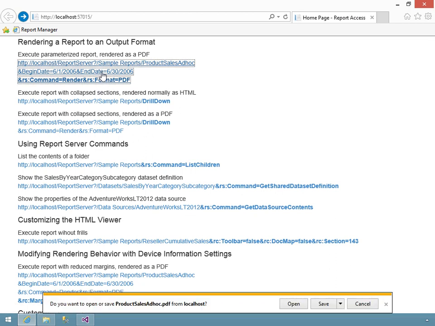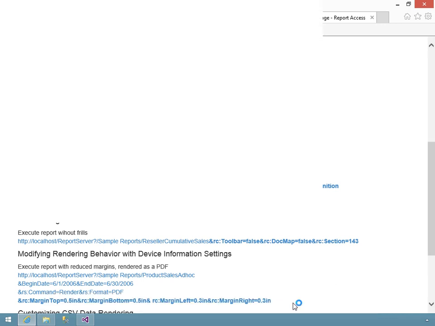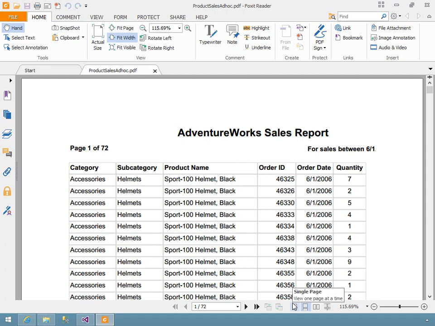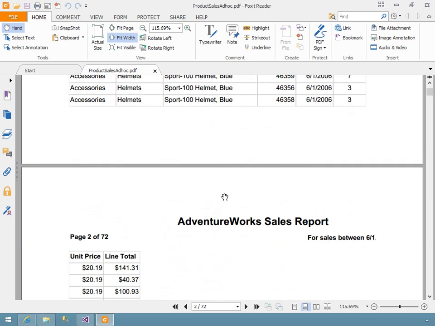And notice that Internet Explorer prompts me for what I want to do with that PDF file. I can open it directly. I can save it to wherever I want. I'll just go ahead and open it directly, and it'll open it in my default PDF viewer, which is Foxit. And I can scroll through here